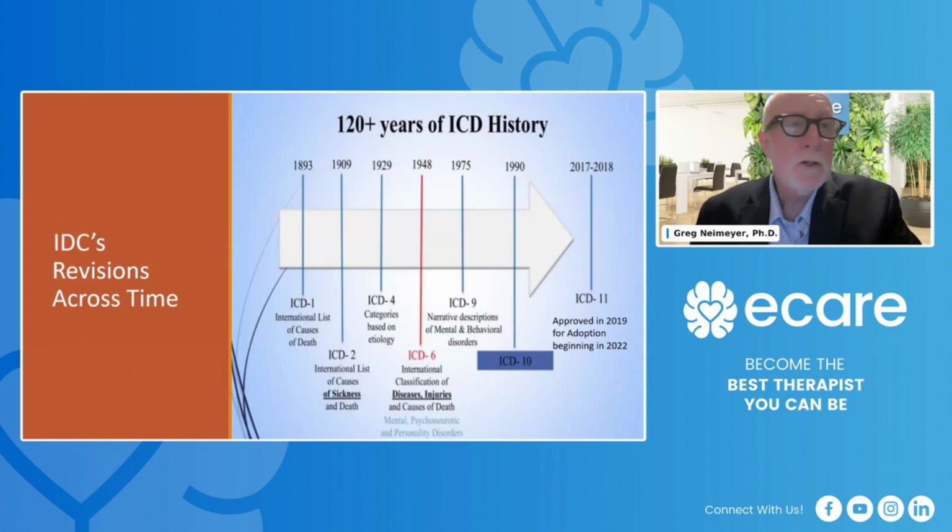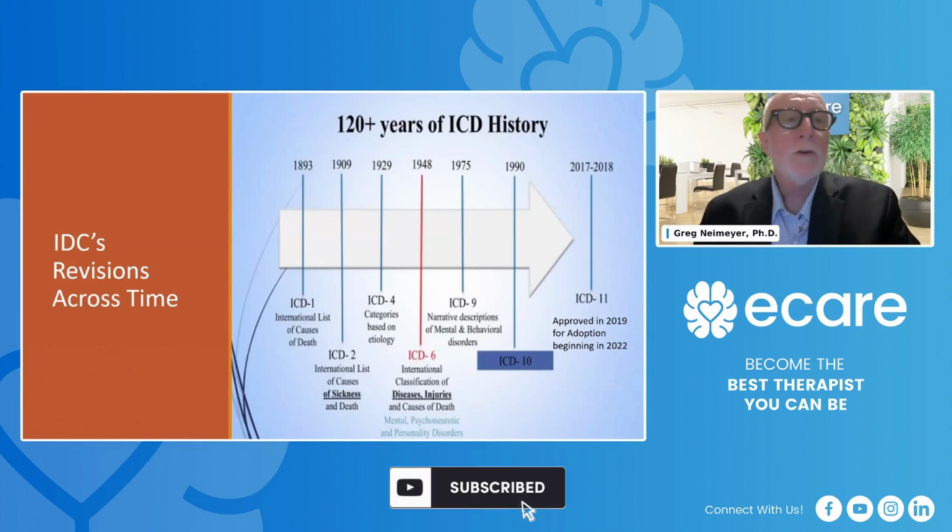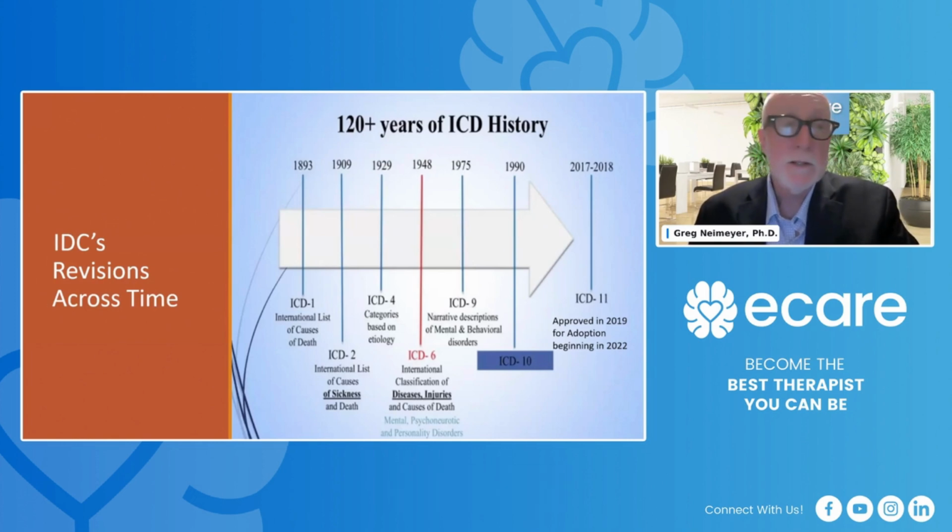Because the 10 years is designed to articulate with most, not all, countries' census. The United States has a census every 10 years, as most countries do. So it tells you the ICD is fundamentally an epidemiological document. It's not a clinical diagnostic document. It was started by statisticians. Its origins were epidemiological, and that's where its strength is. That's what's baked into its DNA. Important to keep in mind because it gets paired with the DSM, which is a horse of a very different color. The only other thing